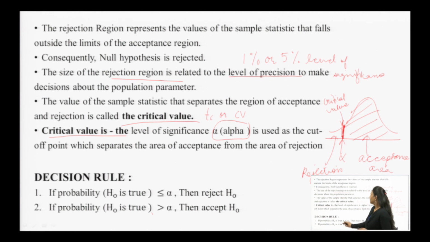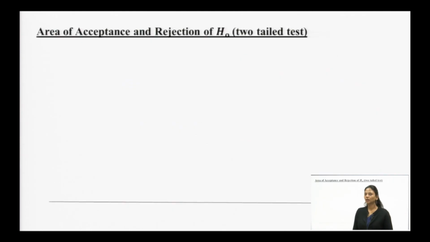That means, if in the question H naught is true, when the probability is less than or equal to your level of significance, then we reject the null hypothesis. And just the opposite, we accept the hypothesis when the probability for H naught is greater than your significance level. For example,